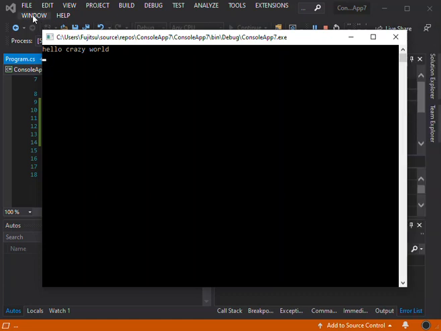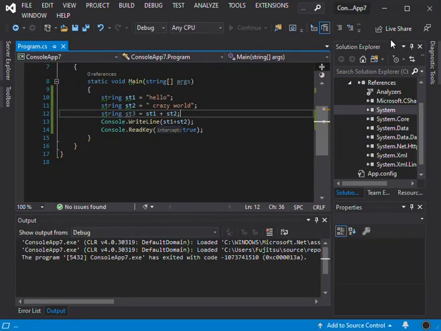So as you can see now, hello crazy world. Yeah, that is how you can just put two strings together. As you can see, it is very simple. But you can also add